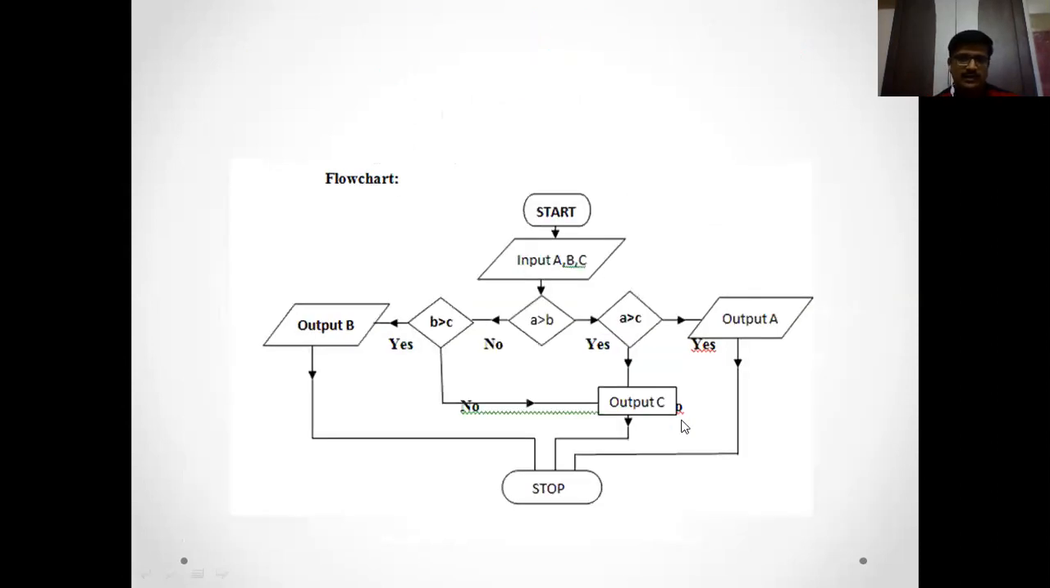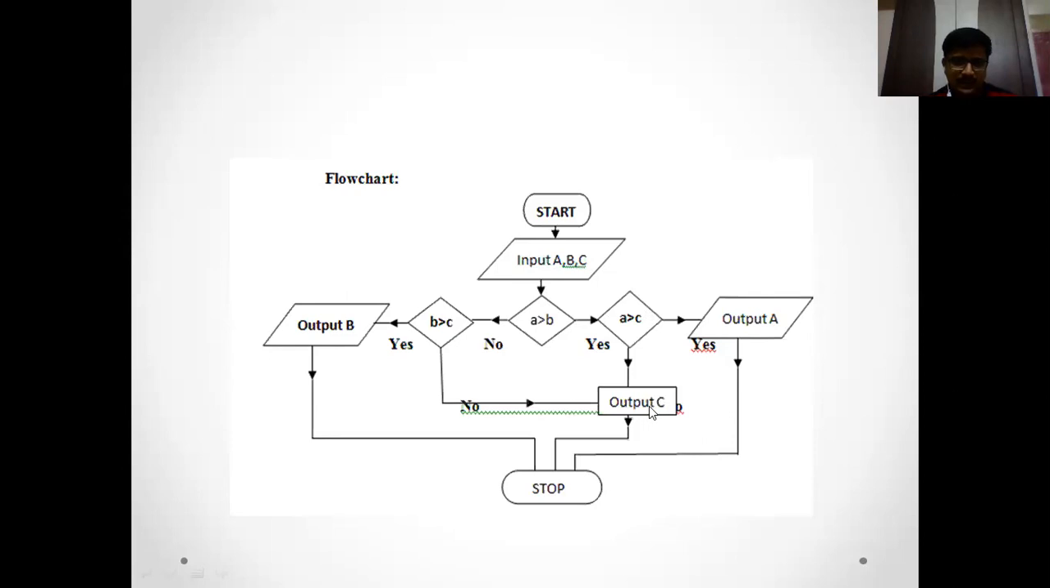Now let us see another flowchart where we are having the decision. This flowchart is to find the greatest of three numbers. Input A, B, and C. First I'll check whether A is greater than B. Let's assume A is greater than B, then I need to check whether A is greater than C. Now if this condition is false, then it will go to this one,